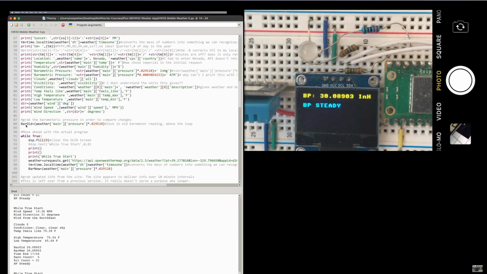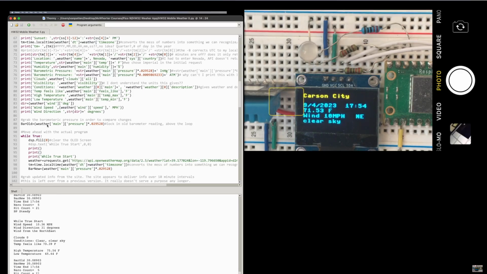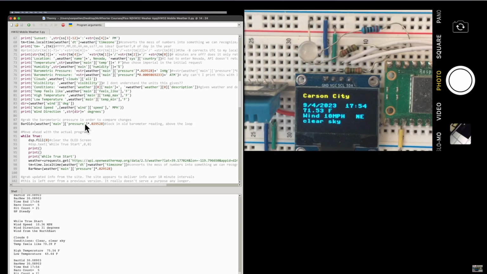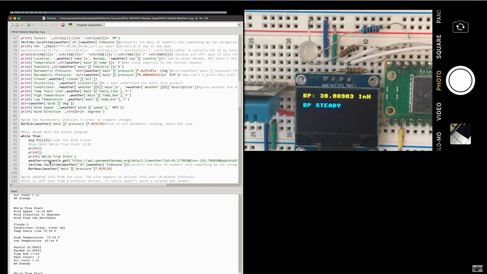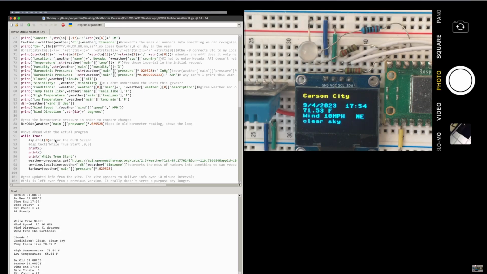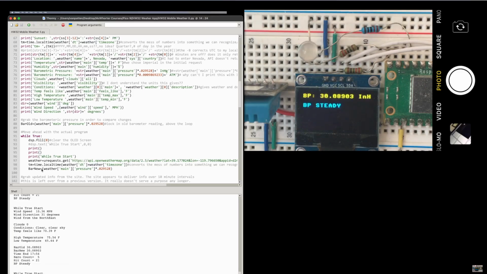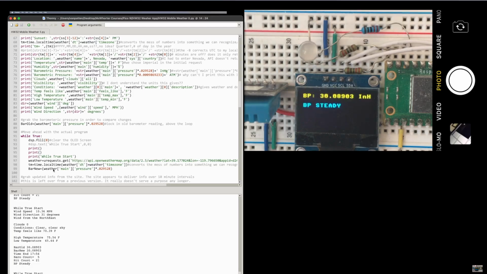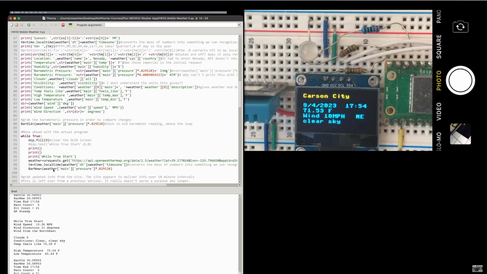Here we're going. I'm picking the barometric pressure before it hits the while true, so I have something to compare against. So this is the original barometric pressure. Then you can see within however many milliseconds, or however quickly it takes to get down 2 or 3 lines there, it grabs it again, and that's called bar new. So when you first turn this thing on and start it up, it's going to be steady for 10 minutes